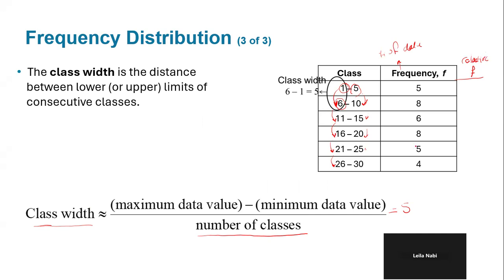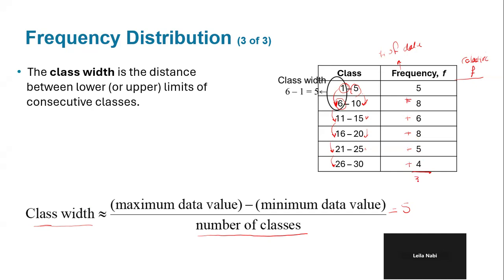I need to add all these frequencies together, which is 5 plus 5, plus 8, plus 6, plus 8, plus 5, plus 4. Which is 5 plus 8 is 13, plus 6 is 19, 19 plus 8 is 27, plus 5 is 32,